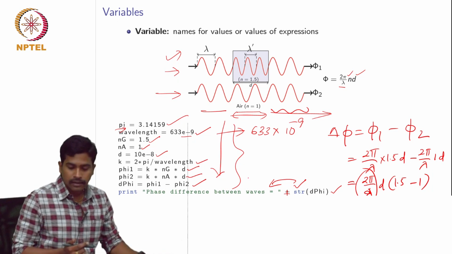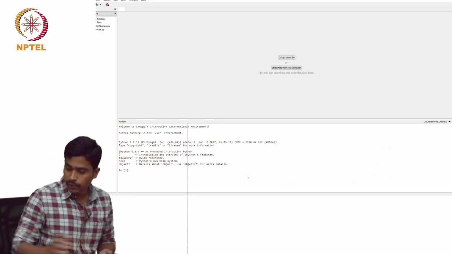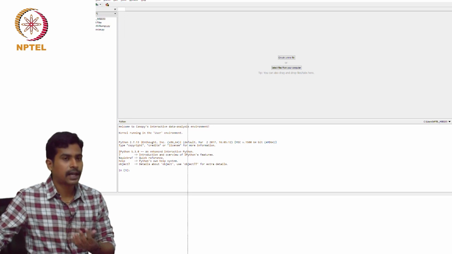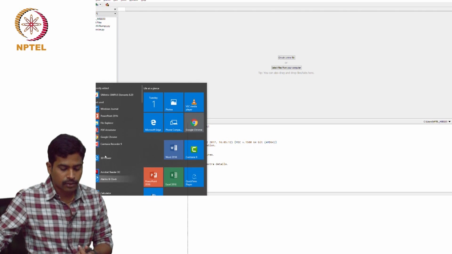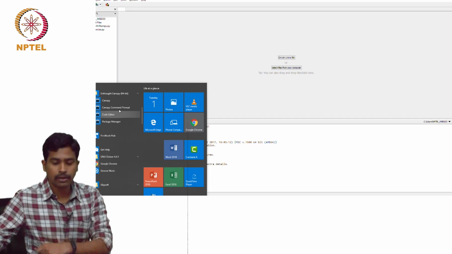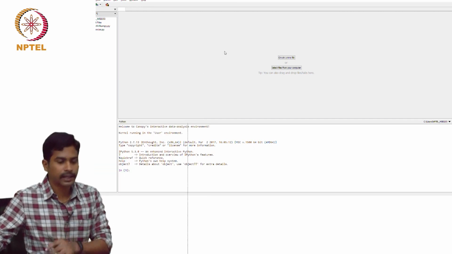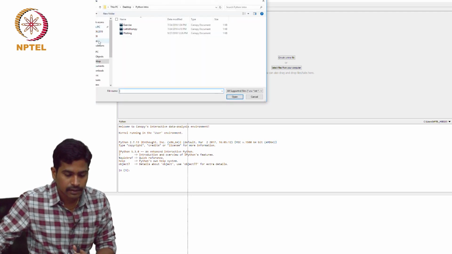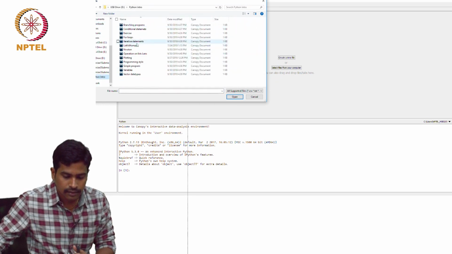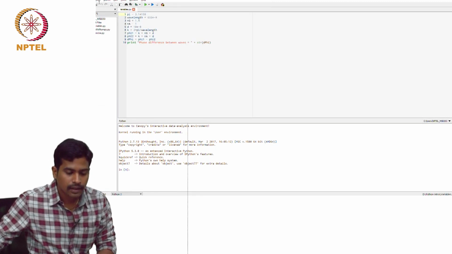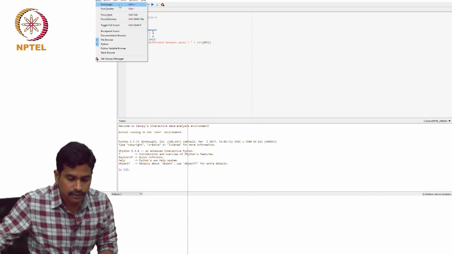Now I will quickly show how to run this program. This is the software that I asked you to install, which is called Canopy. To open this, you just go to programs and then the code editor. If you click this, you will see the screen. I already opened it so that it does not take a lot of time, and I have already stored this program. I will increase the font size.